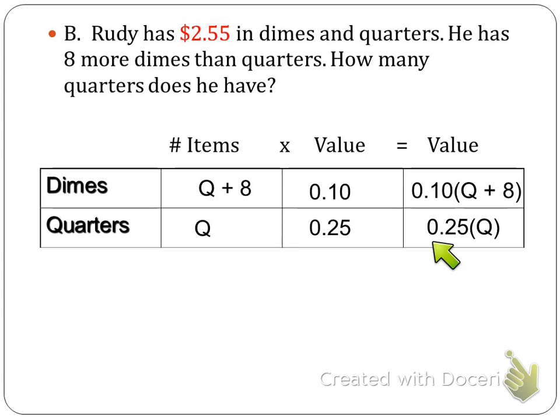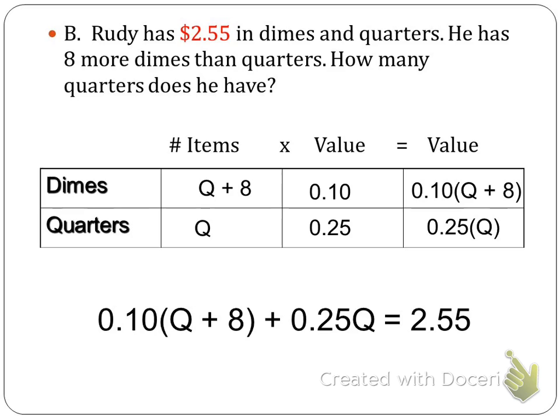Now, when I add these values together, what should I get? 255, because all together in his hand he has $2.55. So that will be my equation. So 10 cents times the number of dimes, 25 cents times the number of quarters, add them together, that gives you the total value of money that he